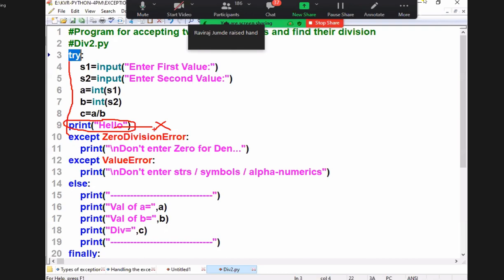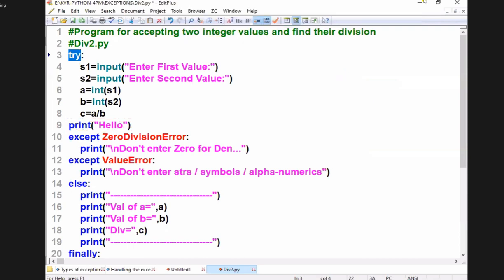Not allowed. Once you write a try block, you write certain indented statements in it. Every try block must be immediately followed by which block? The except block. We told you already, every try block requires at least one except block, but that except block must immediately follow.